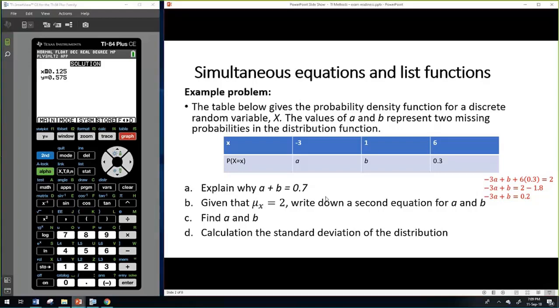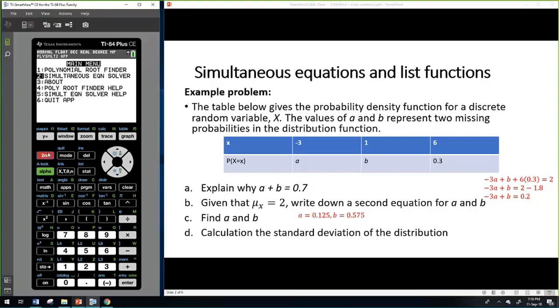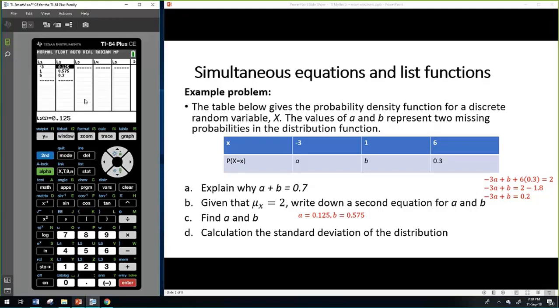Okay. So there are the values. I've already put those into my list on my calculator. So there they are. We've got -3, 1, and 6, and the 3 probabilities there. In here, we can go through and calculate the standard deviation. I believe in this exam that this was actually a 3-mark question, and I usually tell my students that anything more than 2 marks, they're really asking for a handwritten answer, one that shows more working out rather than just